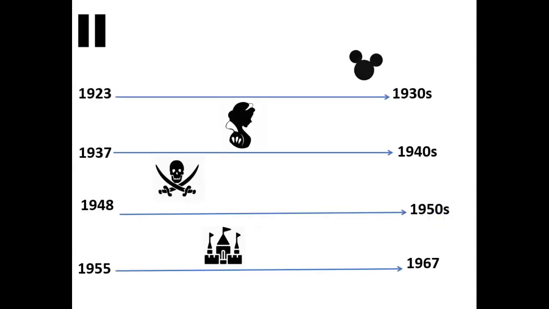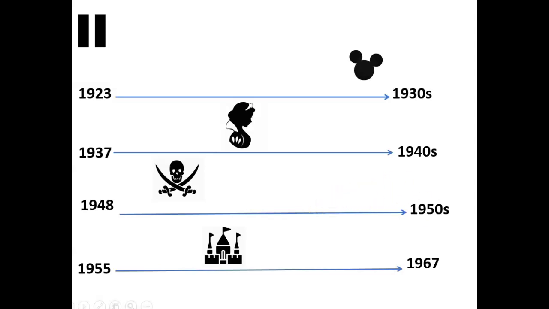Okay, so the first thing I think we need to look at is Disney as a company and a brand, and how it evolved from its origins in 1923 right the way through to 1967 when the Jungle Book is released. You can see here I've created a bit of a crude timeline, but I think it's really helpful to have the understanding of how Disney has evolved first before we look at any other historical economic contexts.